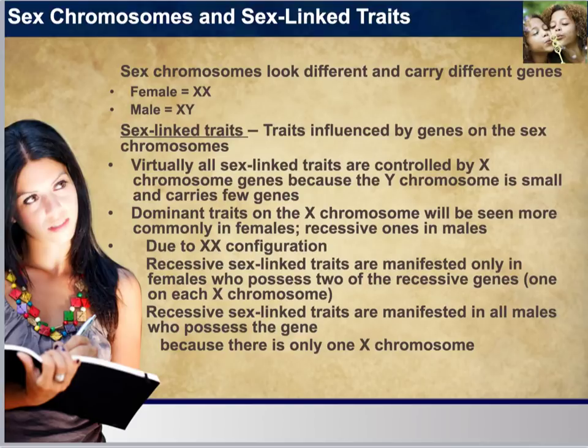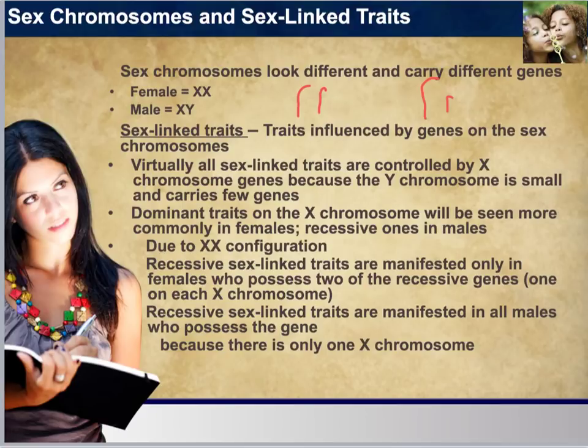As we stated earlier, chromosomes tend to pair up with another chromosome that looks like them. But the exception to the rule comes with the 23rd pair. And that's the sex chromosomes, which may look different and carry different genes, specifically when we look at a male. You see, a female would have two elegant X chromosomes that look like that, whereas a male would probably look like this, the X being the larger one,